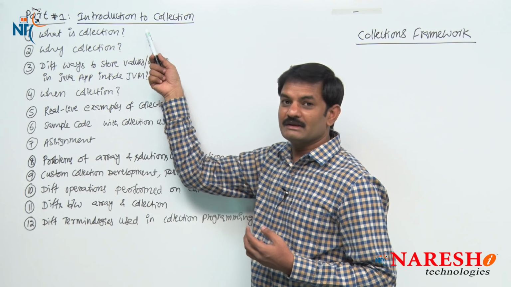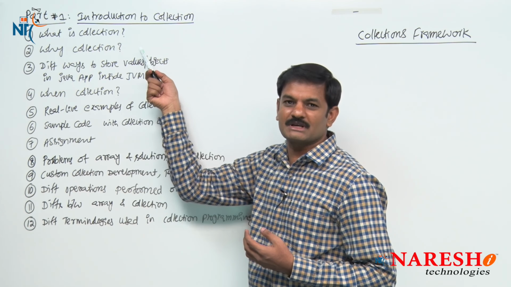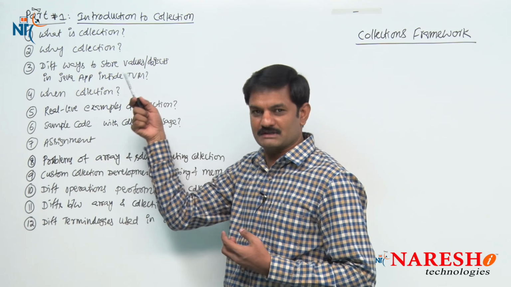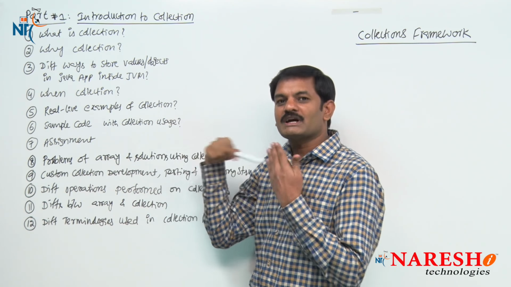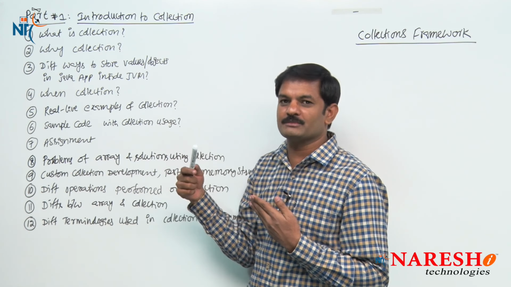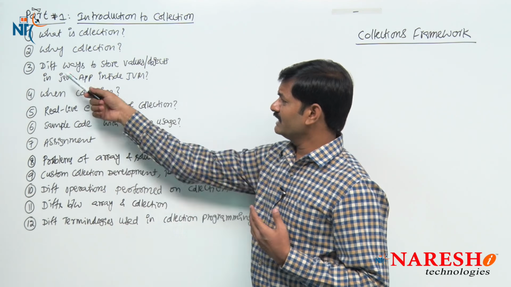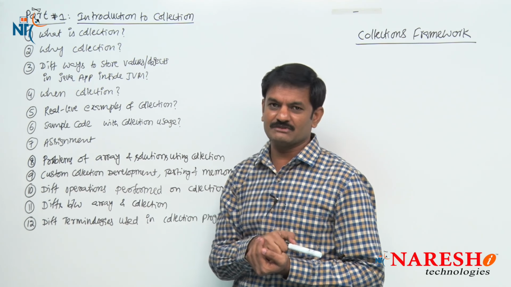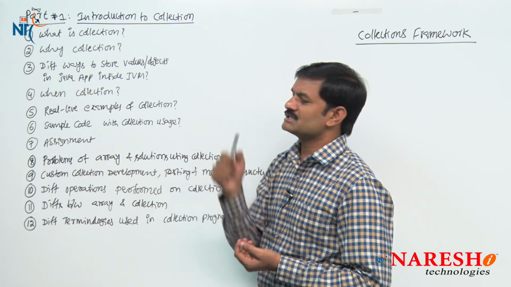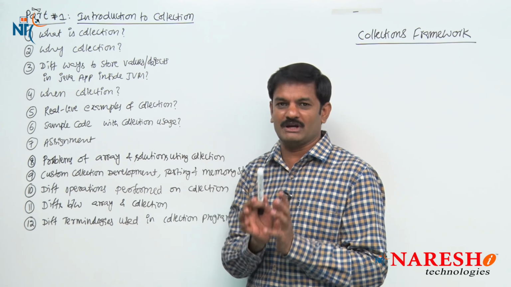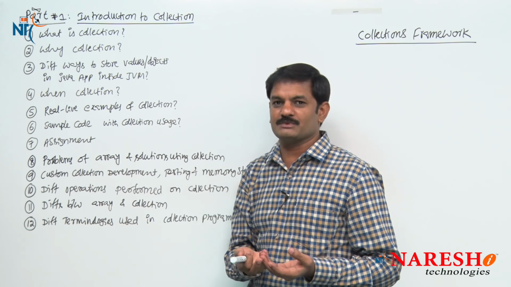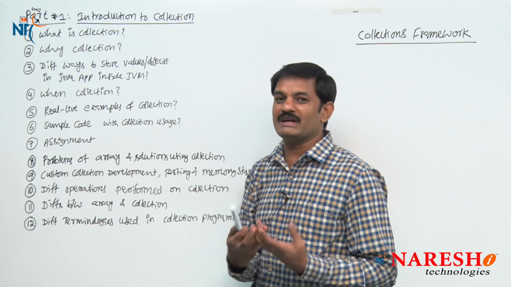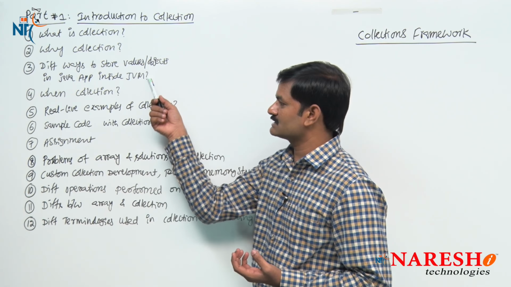Then you will get some idea about what collection is. Then why this collection concept came, and what are the existing previous ways. Before collection, how were we performing the operations that collection performs? Different ways we can store values or objects in a Java application inside the JVM, we are learning. Basically collection is used for storing multiple values. Already we have the array concept, the variable concept, and the class concept. Then why did the collection concept come, that we are discussing here.